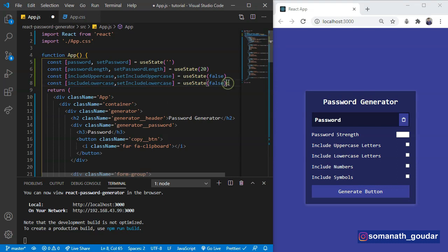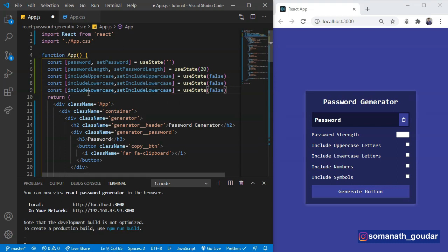Let's copy this: includeNumbers, setIncludeNumbers, and this is also going to have an initial value of false.